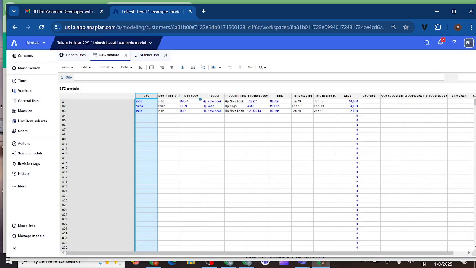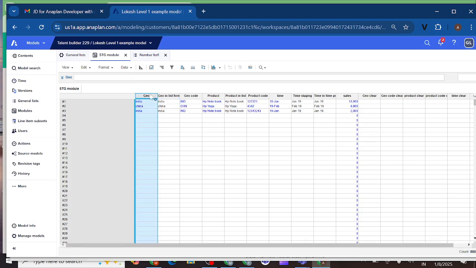Geo, geo code, whatever blue color text I have, this is the imported data. Whatever gray color text I have, that will be formula. This is formula-based data. Once I get the data in the text format, first what I do,